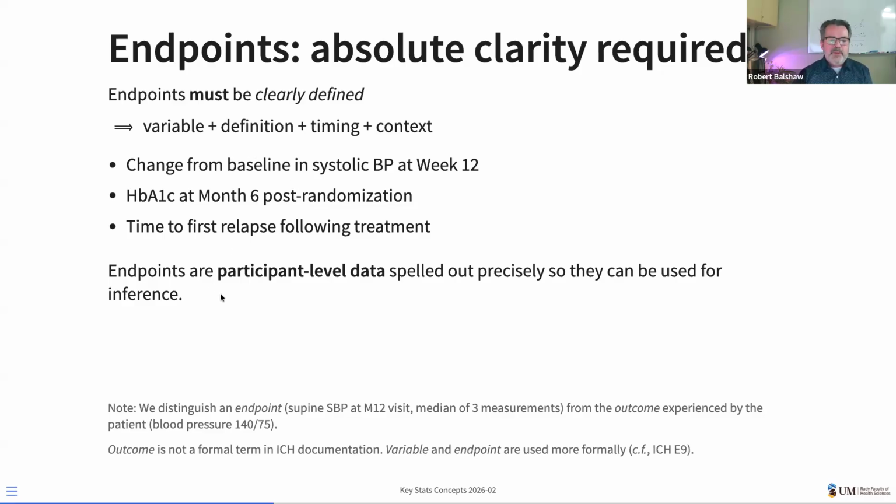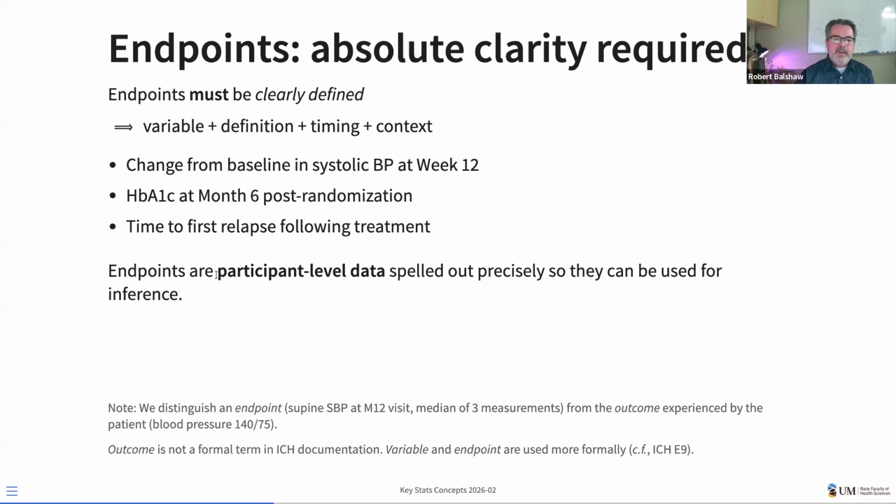The outcome is what happens to the patient. And it's not as formally laid out in the ICH documentation. Variable and endpoint are used more formally in that context. But the patient died is an outcome, but mortality measured, assessed on a group of patients, that's the endpoint that we're looking at. Okay, so things like change from baseline in systolic blood pressure at week 12, that's a well-defined endpoint. The HbA1c at month 6 post-randomization, another clear definition of an endpoint. And time to first relapse following treatment, again, a nice, clear assessment of what's going on,